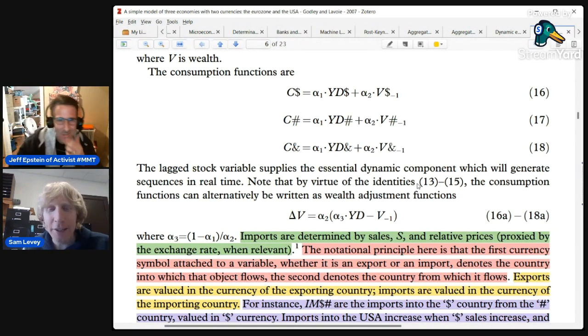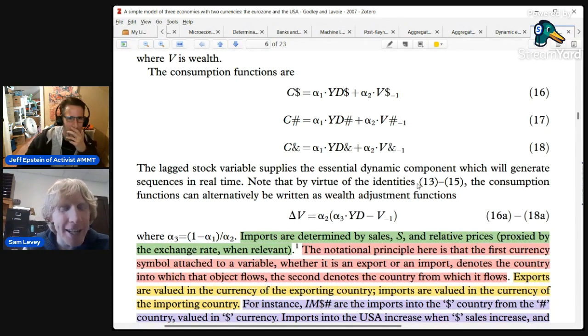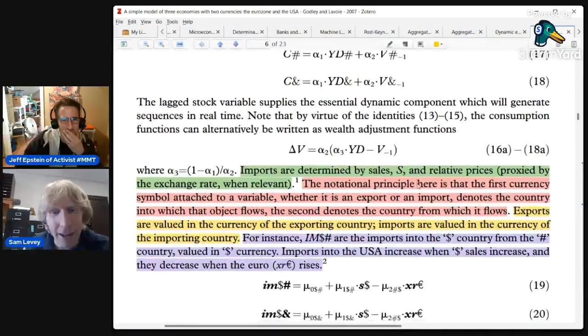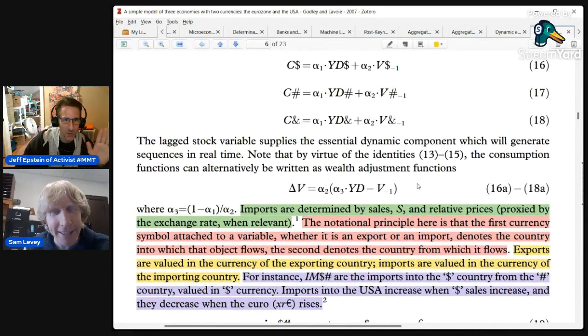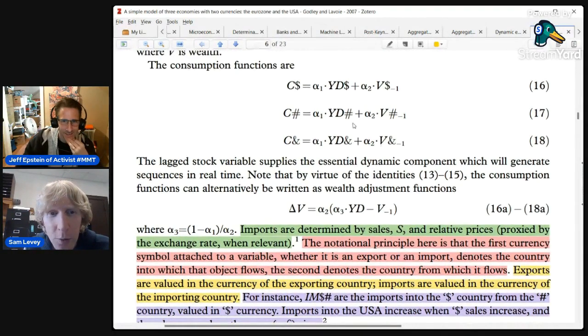I'm going to tell you where this equation comes from, and it's going to seem like magic because it is not in this paper, but it is in the Godley and Lavoie book. In that book they have a few pages on where this equation comes from and what it means, and I've read that. So I did not just make this up. I've seen this equation before, and I get its deal, but they did not explain it here. What they do is you take this equation.